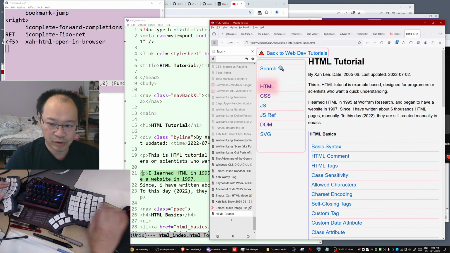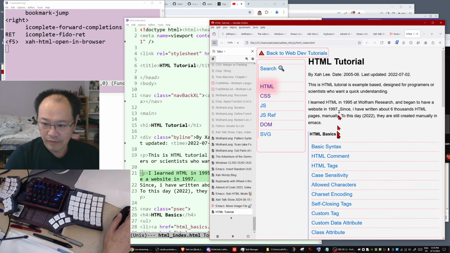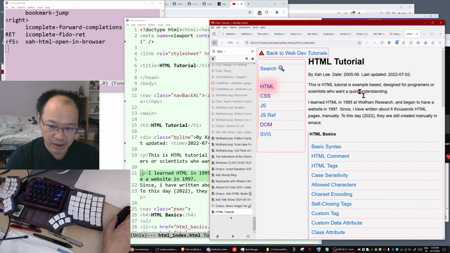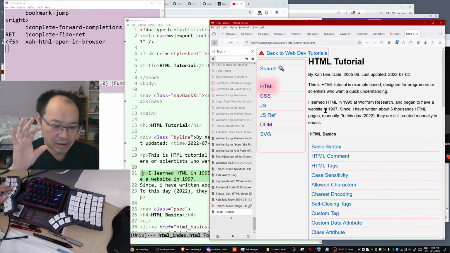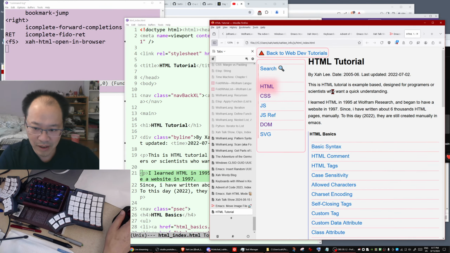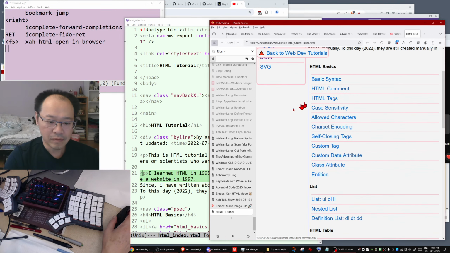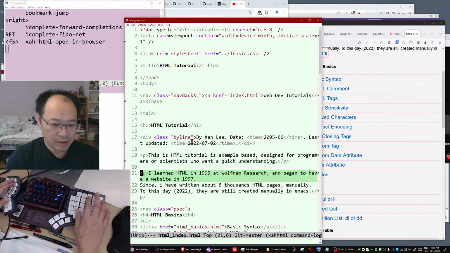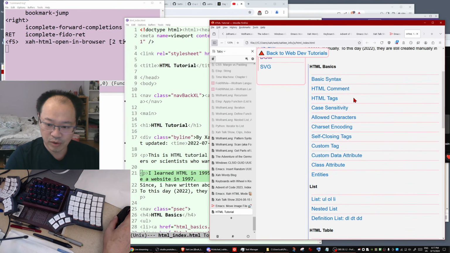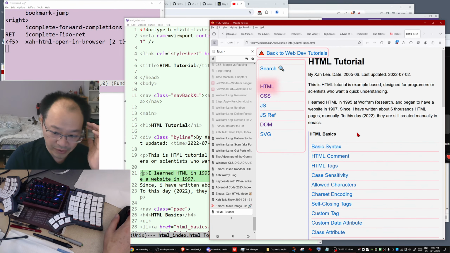I have a tutorial of HTML from the ground up, because I've been coding HTML manually, letter by letter, tag by tag, the entire thing since 1996, basically when HTML began. So if you don't know, you can check the HTML tutorial. My tutorial is very code-oriented